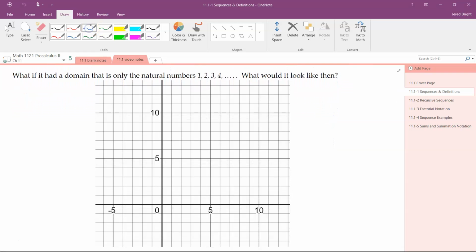If we imagine our graph previously, we had an x-intercept of 1 for the equation y equals 2x plus 1, and then we went up 2 over 1, up 2 over 1, and we got this nice line, something like that. But now what if we looked at only the natural numbers,